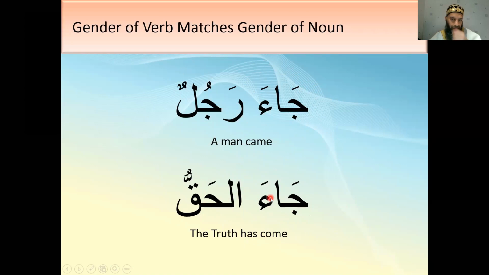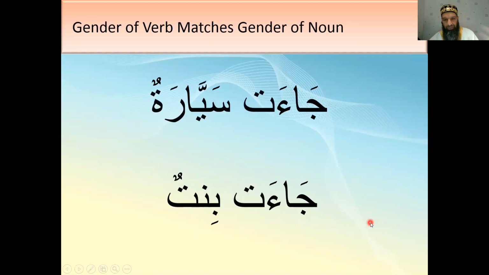So the main point of this slide is just to show al-haqqu is masculine. So you're going to use a masculine verb. You're not going to use a feminine verb for a masculine word. Which is quite obvious, but I just left them in. I thought it'll be a bit extra practice. And again, sayyaratun, we should all know what sayyaratun is by now. Not Lamborghini, but just car, right? And because car is feminine, because of the ta marbuta,